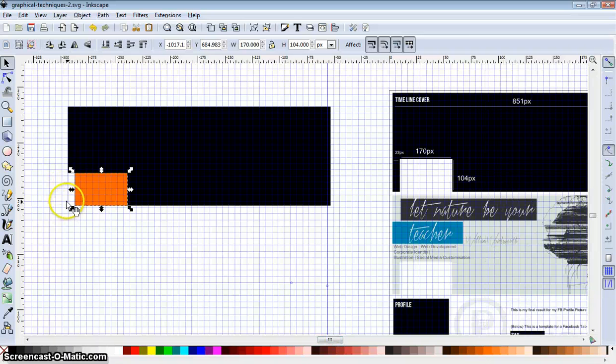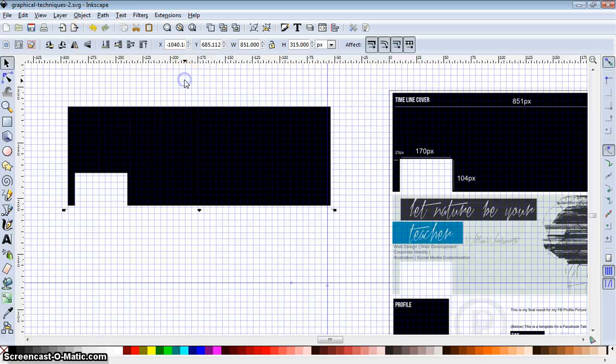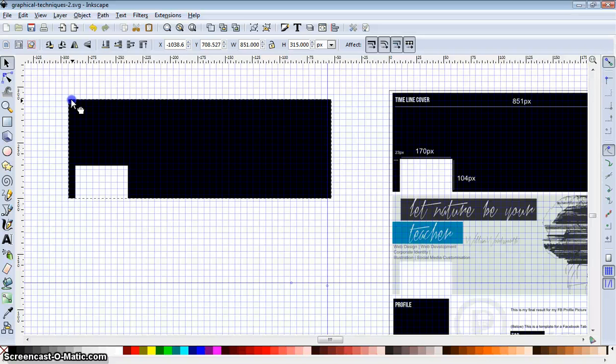So I'm just going to quickly delete the white block because we don't need that anymore, and I'm going to click the orange square, hold down shift, go to path, hold down shift and select the background so that it's now all selected, and then I'm going to go to path and difference, and there is your template